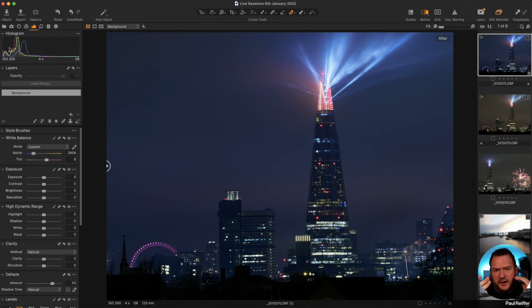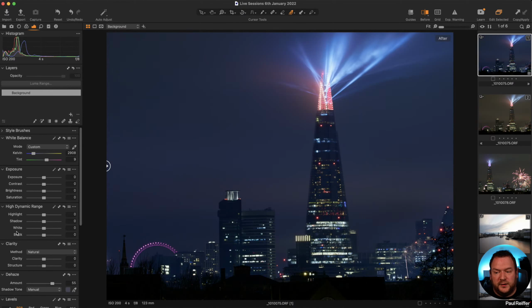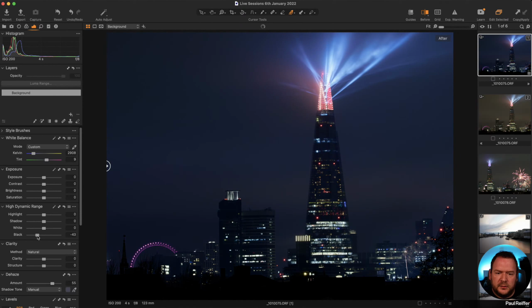So trying to separate the sky from the buildings by using the shadow slider isn't going to help me, because as I bring down the shadows, it brings down the buildings, but it also brings down the sky. What will separate it is the black slider, and normally we'll use the black slider to lift up shadows, to try and get data and detail back into the shot. But let's pull this down here, and we can see that it started to separate.